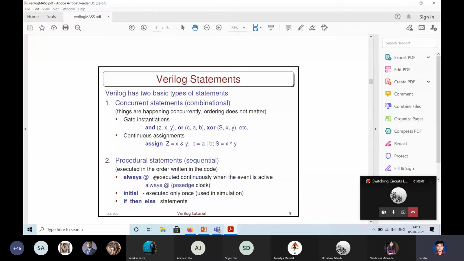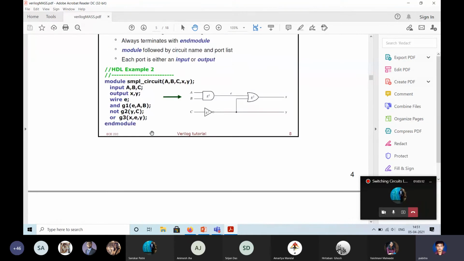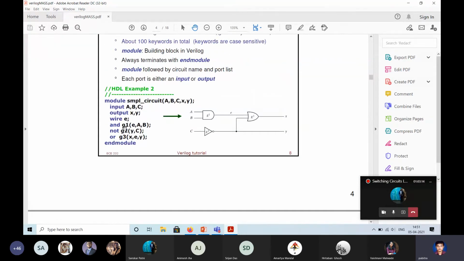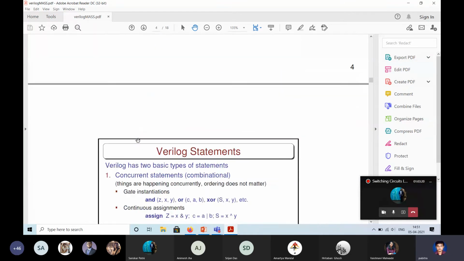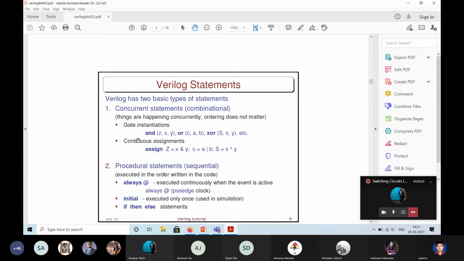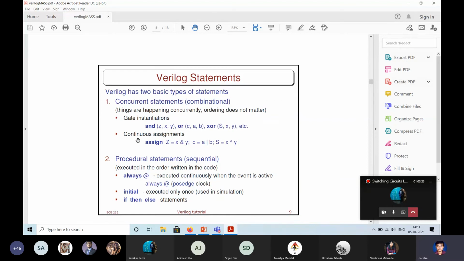Now here what I have done is I have called another standard module, add. I could have also done this by an assignment statement.